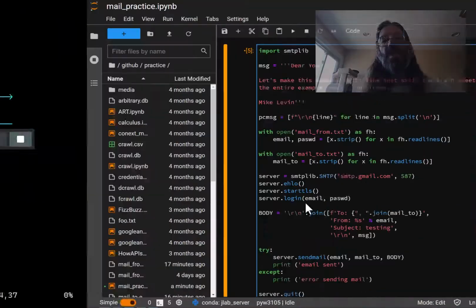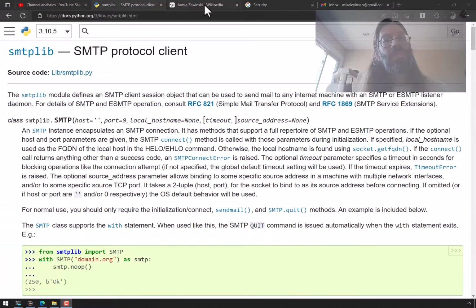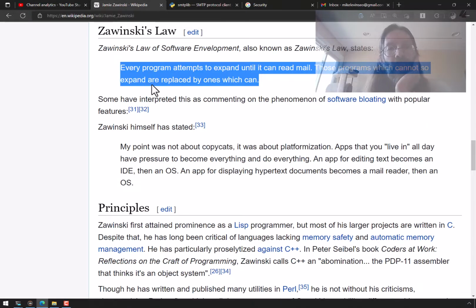Zawinski and Zawinski's law, which states: every program attempts to expand until it can read email. Those programs which cannot so expand are replaced by ones which can. So this video is not particularly about reading email so much as sending an email, but we'll